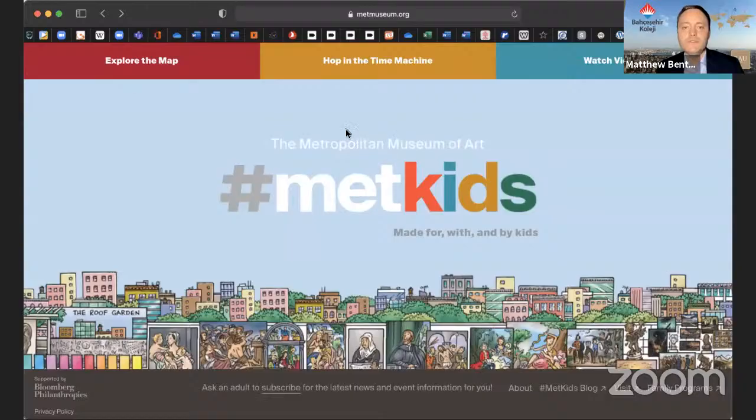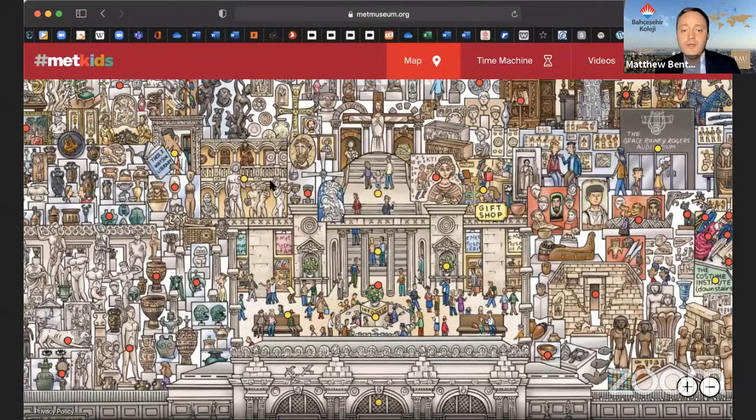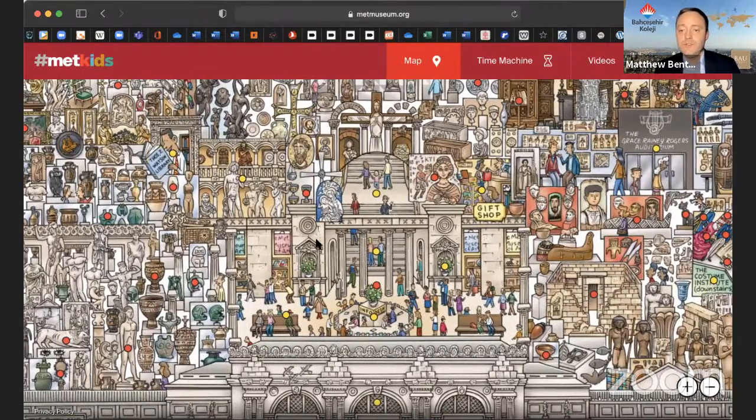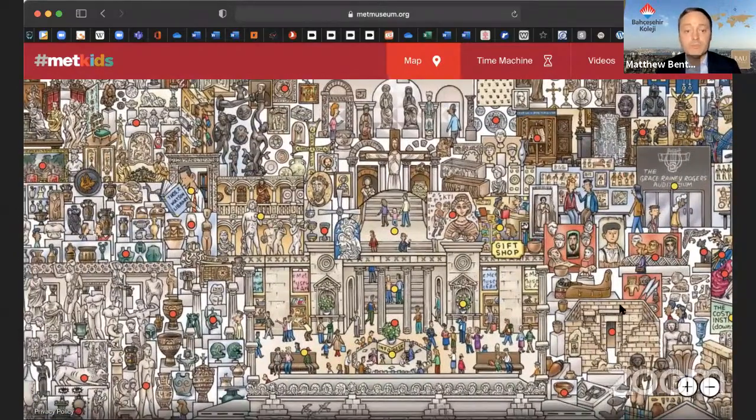Now, you can see now, I suppose, Zainab, you can see my browser shared, Met Kids. Yes. Okay, great. So if you go to explore the map, now there's all kinds of things here. We talked about videos for input and some lessons that we can use. There's good videos on the site, but the best part is this map here. And it is massive. You can scroll and there's just everything in the actual Met presented